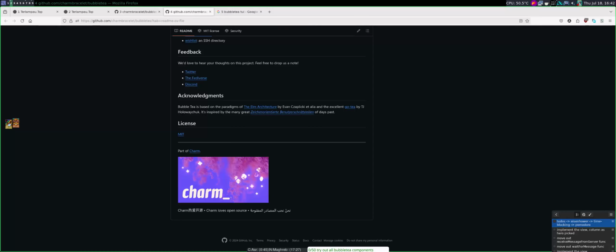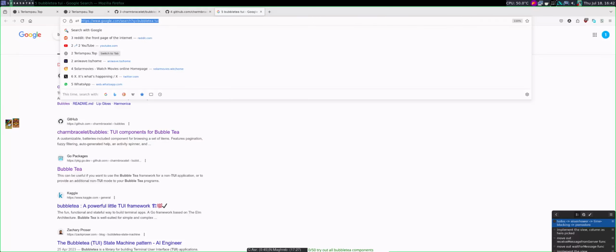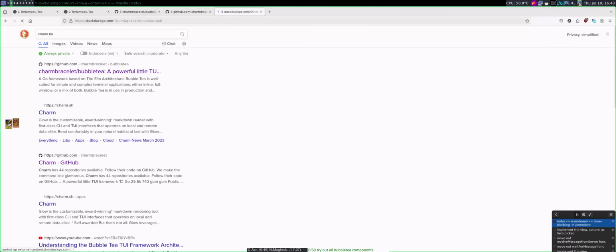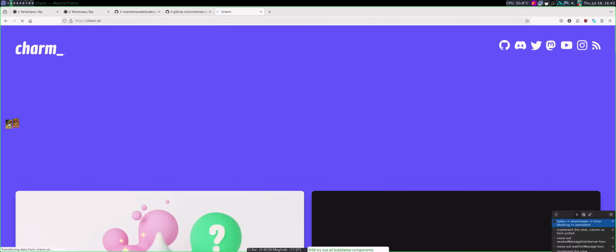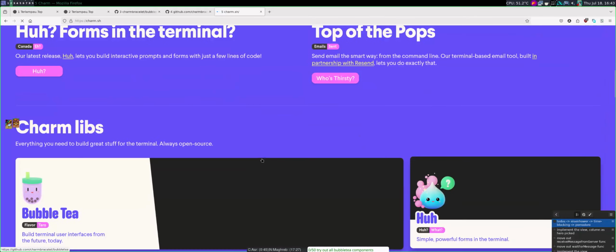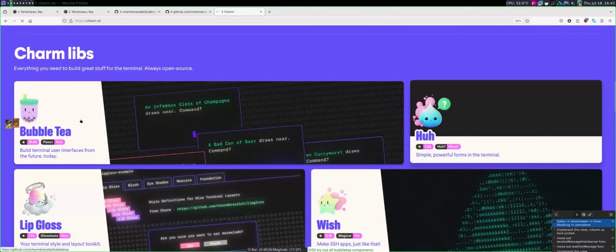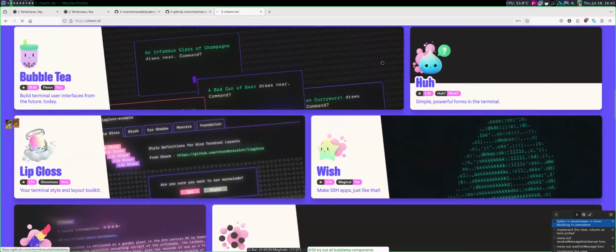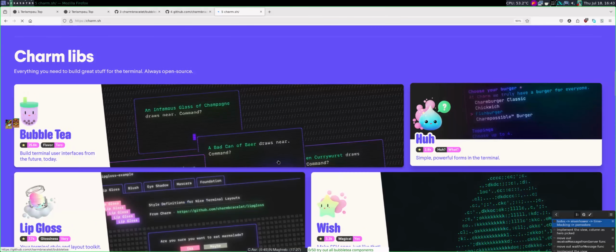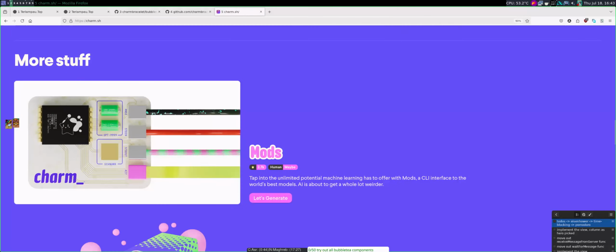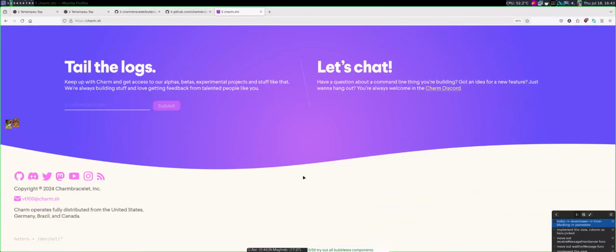Okay, I think this jumps maybe not to Bubble Tea, but to Charm. This is part of the Charm project, and there are so many tools to build text user interfaces using charm.sh with the Go programming language.